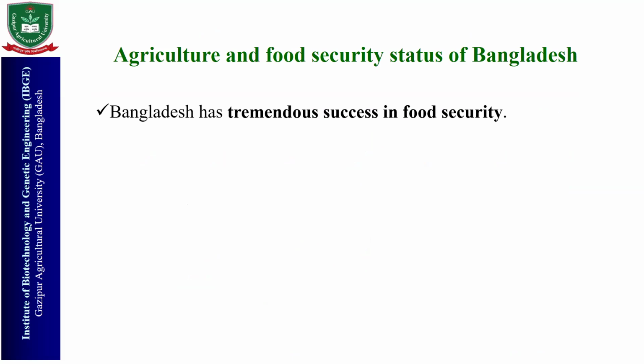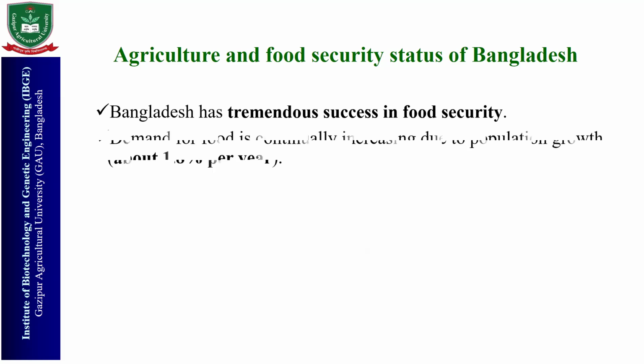That means in the last 5 decades, Bangladesh had a great journey, and we now have no famine and manga. But even so, 25% of our population are insecure in food supply, and demand for food is continually increasing